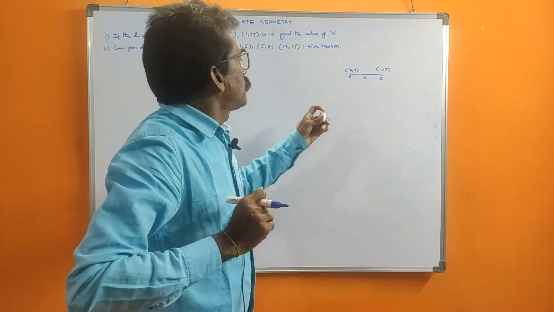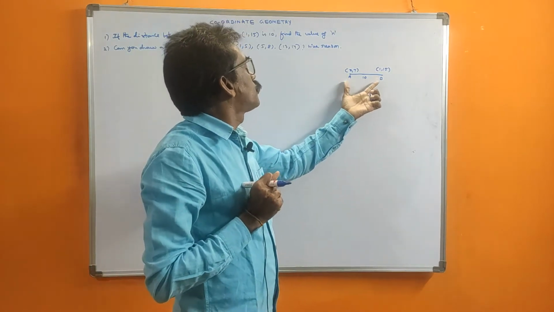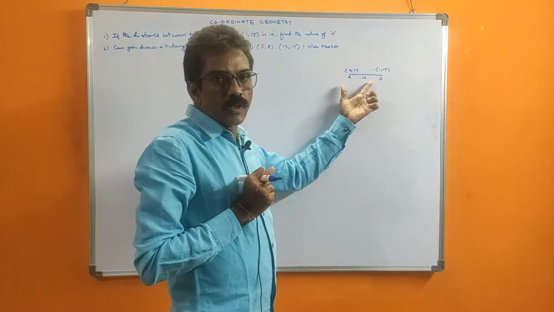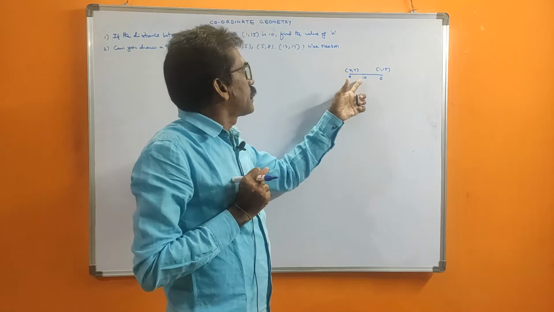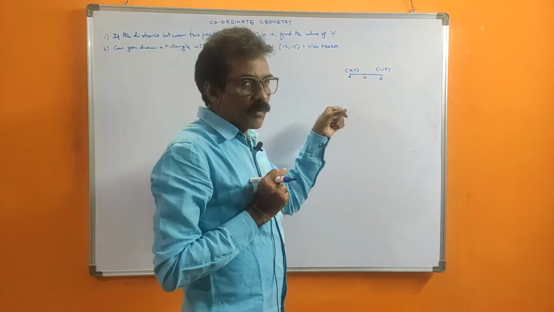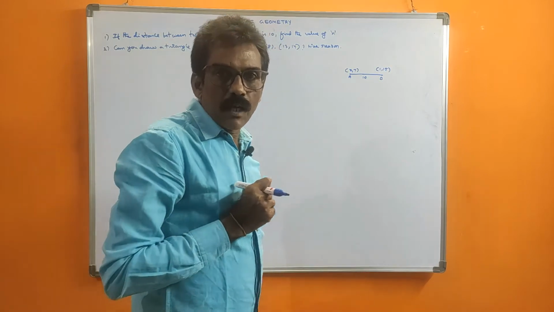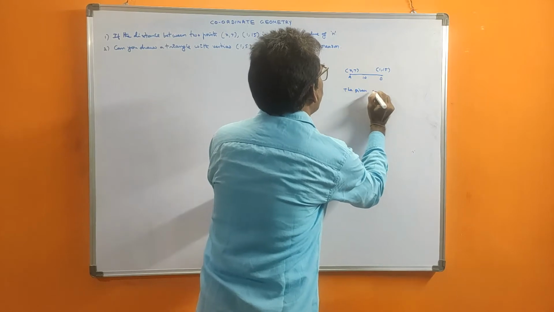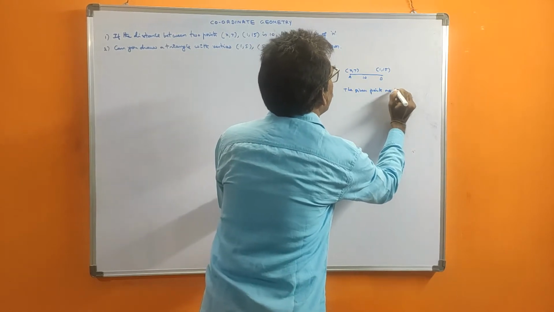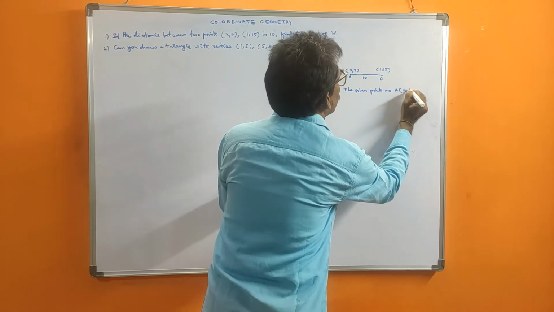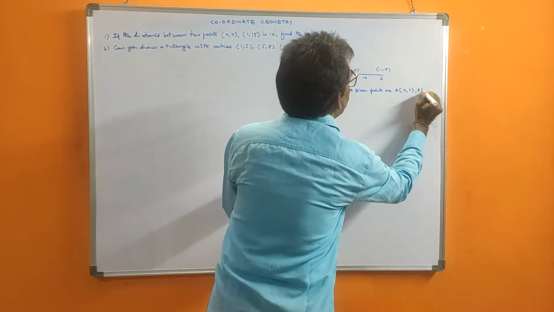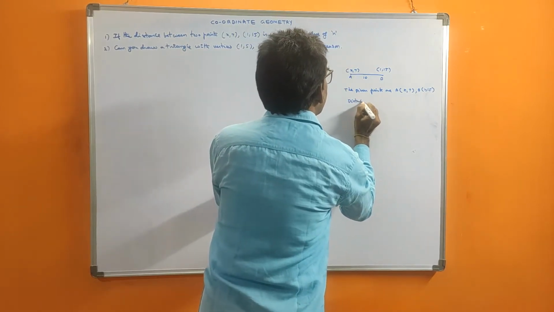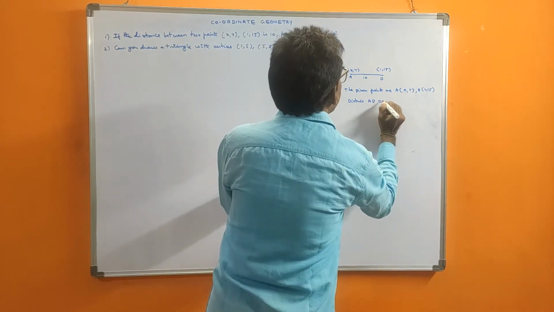That means first you calculate the distance between these 2 points. The points are already given, with x as a variable. Using the distance formula, you calculate that distance. It is given as 10, so equate that value to 10, and from that equation we will get x. This is a normal direct sum only. Now see, the given points are A (x, 7), B (1, 15). Distance or length AB is equal to 10.